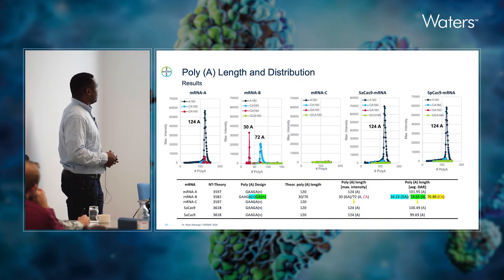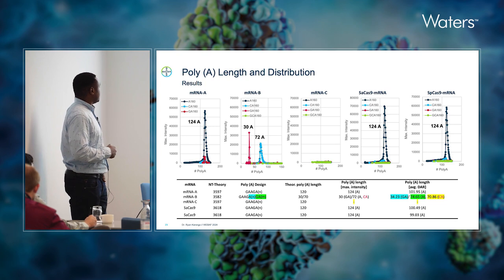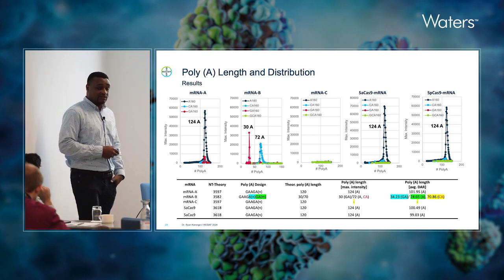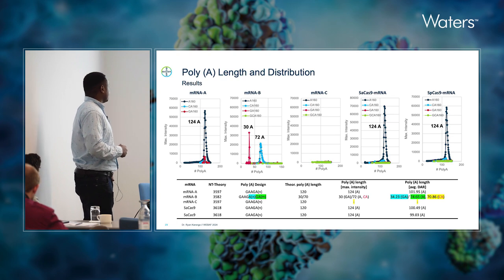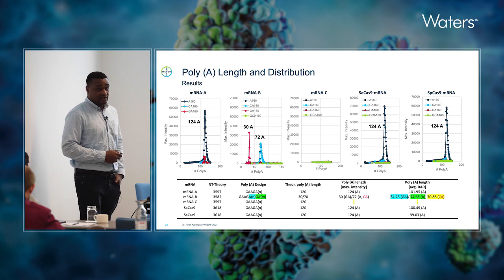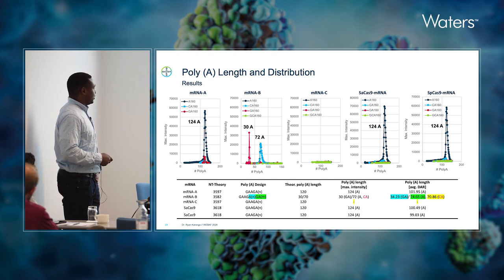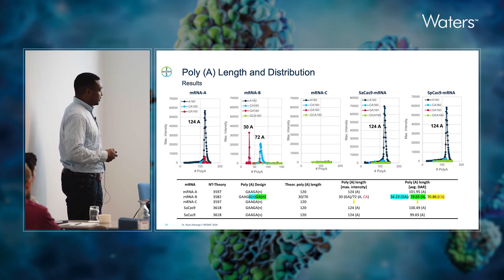So this is how the results look like. For the mRNA A, we expect 120 As. We can see at the maximum intensity we have 124 species. But we can also see that we have here a very good distribution, and the distribution length is around 120 nucleotides. For the 7030 design, we would expect after cleavage a GA species and a purely A species. However, we also detect a CA species, and this is something which we can feed back to our